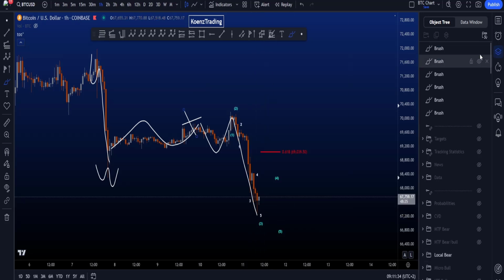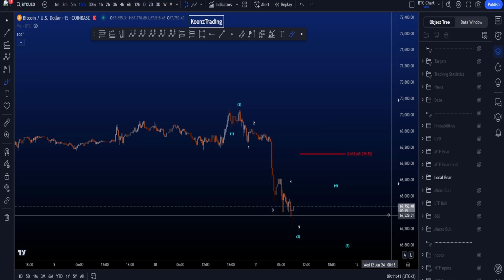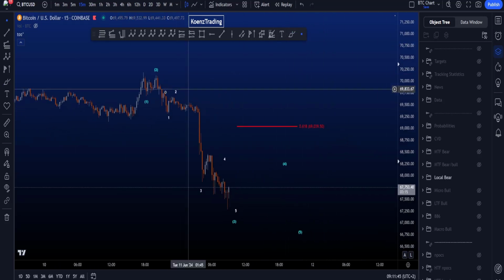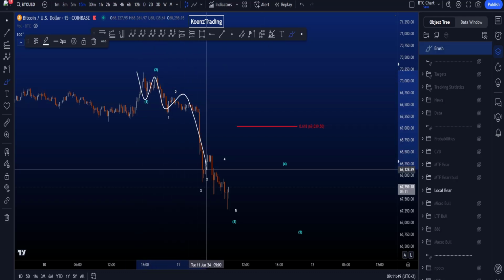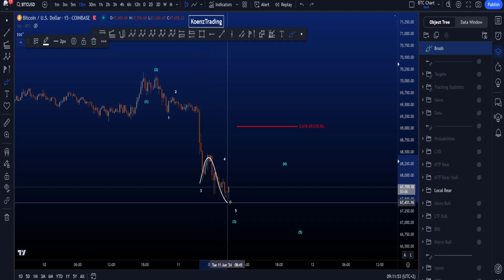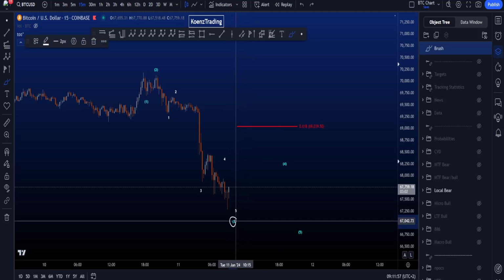However, if we then zoom in to the local structure, as in the wave C, we're looking for an impulsive move to the downside, then arguably we still have one more low to come here, as at the beginning, we're then looking for a wave 1, 2, 1, 2, highest amount of volume in a wave 3 to the downside, and then a 4, 5, looking for another 4 and another wave 5,